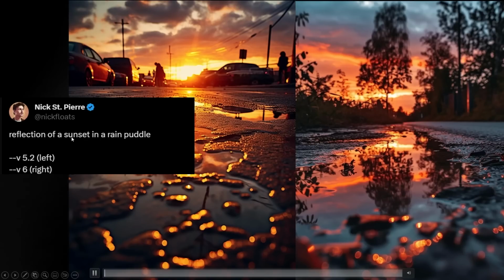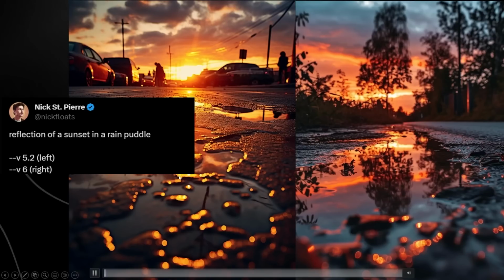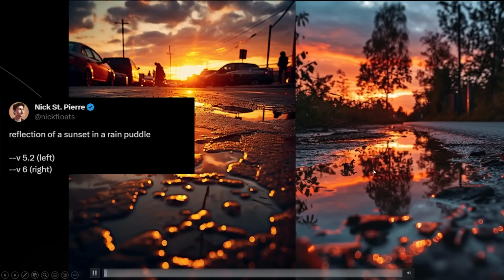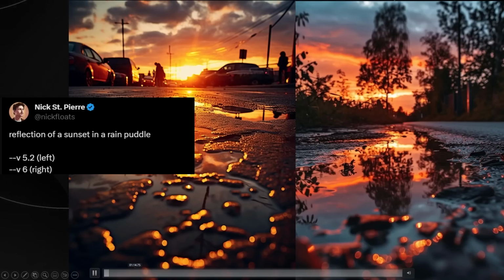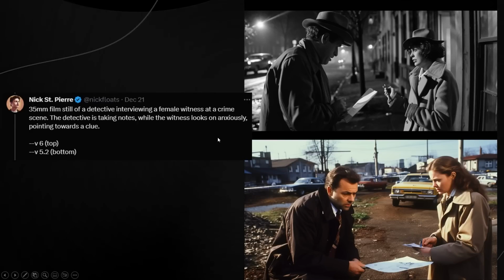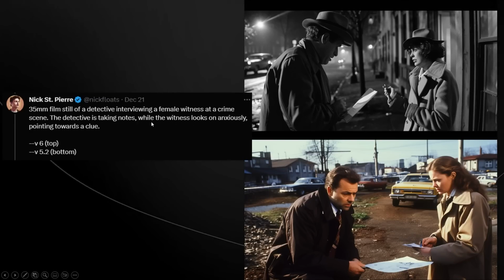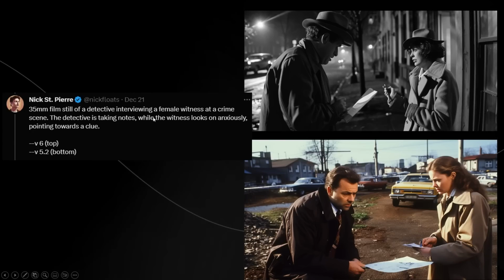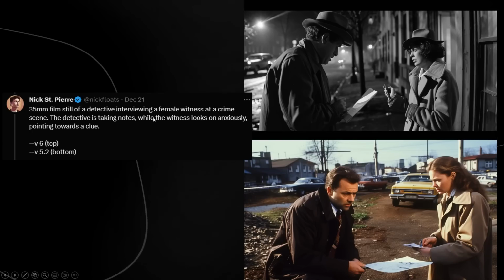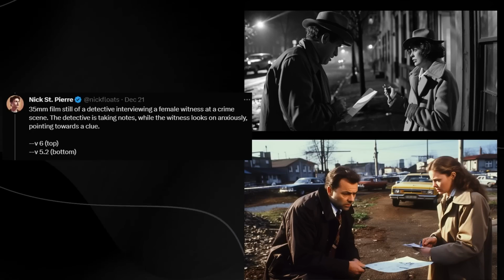And of course, we have reflection of a sunset in a rain puddle, version 5.2 on the left and version 6 on the right. I don't think there's that much difference here, apart from the fact that version 6 just seems to be a little bit more detailed in terms of the quality. And of course, this one, I really do like this one. I really do like the old styles as well, because it shows us that not only is Midjourney able to capture new things in a variety of angles, it also shows us that it's able to get different genres